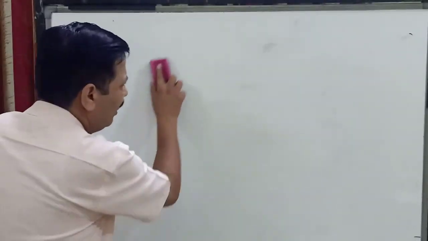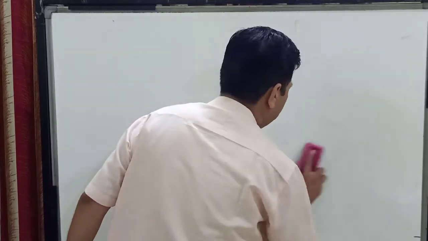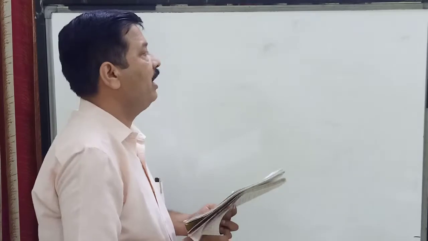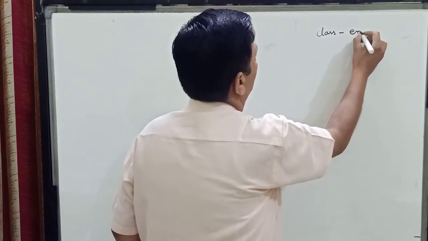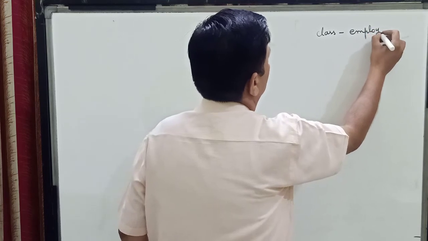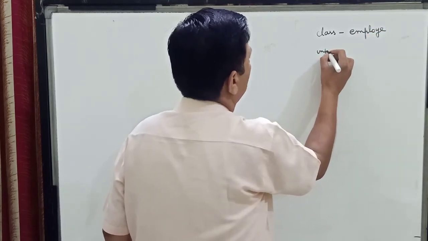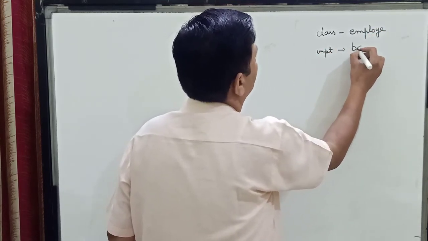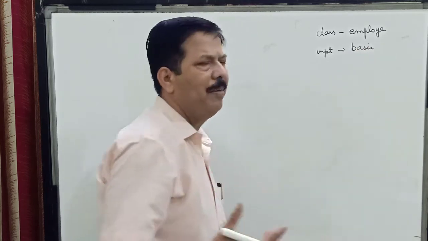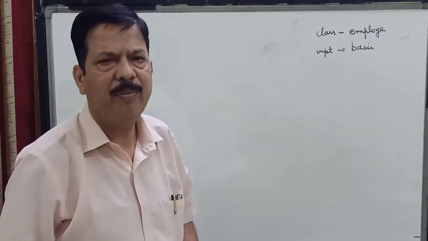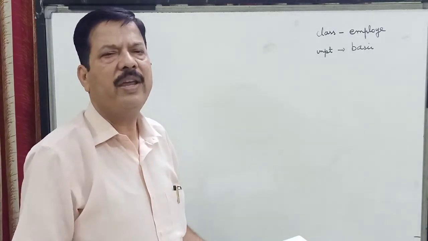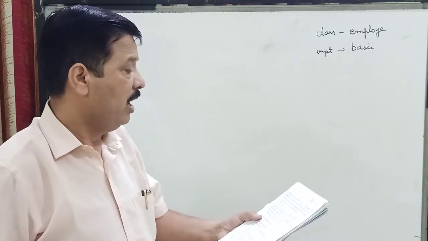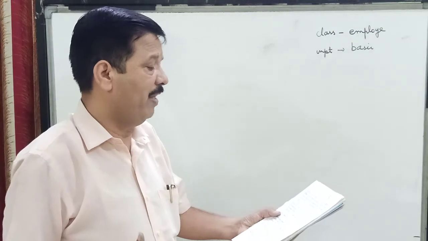So I'll just give a brief introduction of this program which has come. It is asking you to write the name of the class. So class name is to be written as employee. And it is asking you to input a value basic. Basic, children, this program is basically for the salary of an employee. So basic is that amount which the employee gets. Then apart from basic, children, an employee also gets some other values.